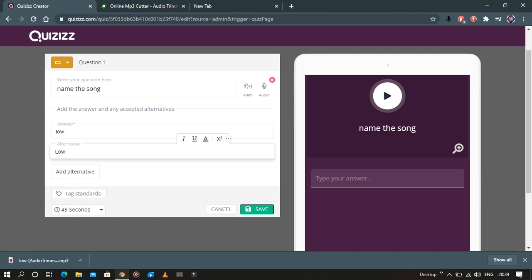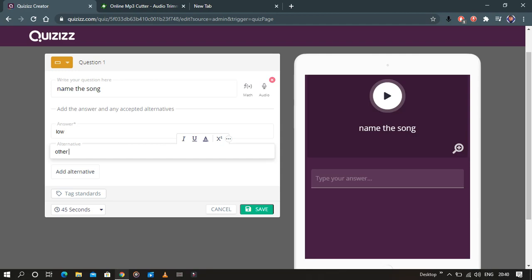Okay, so whether it is a capital letter or a small letter, it is the same. Okay, so suppose the people know this answer by some other name, meaning this song is also known by some other name. So I can give that other name here, meaning I can add an alternative. Okay, so this can also be the answer, and the students can also give the answer as this one, which is my alternative name. So the other name for this song is, okay, C. Okay, so I have given it. I will click on save.